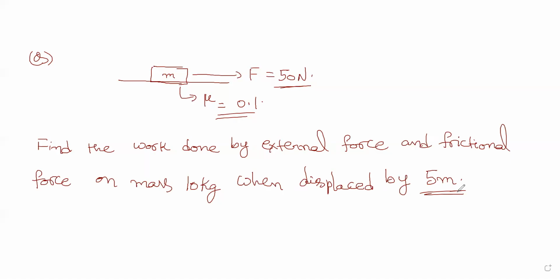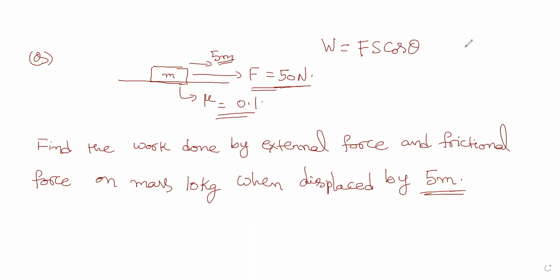So we have to solve this problem. This is straightforward actually. 15 newtons, 5-meter displacement. The formula is F S cos theta. And now the displacement of 5 meters is happening in the direction of the applied force.